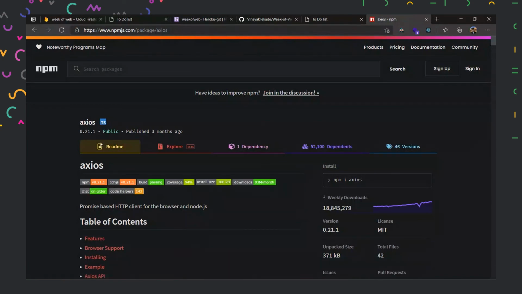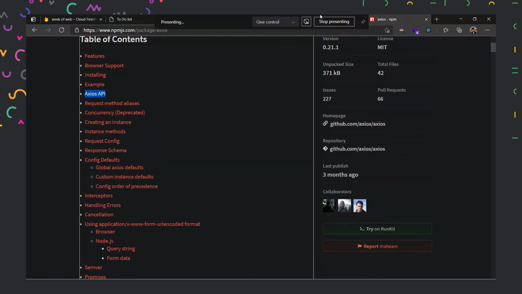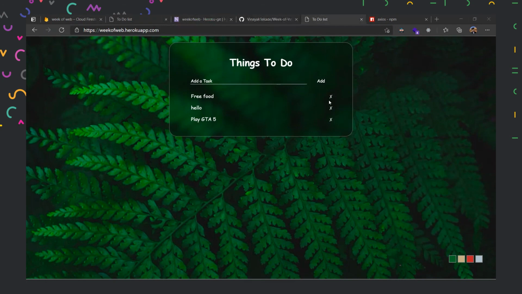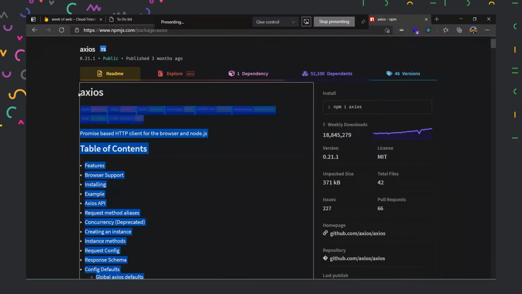So this library can generate API calls from the front end to the back end. Like we used a form on our application, right? This button here, we created a form, but if we have to create so many forms, that is not good, right? So this Axios platform can create a request and response using the API call itself.